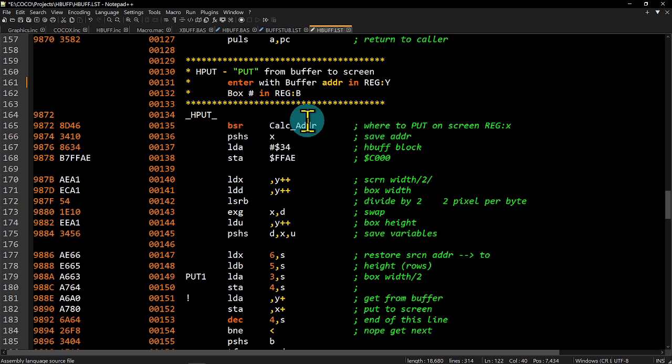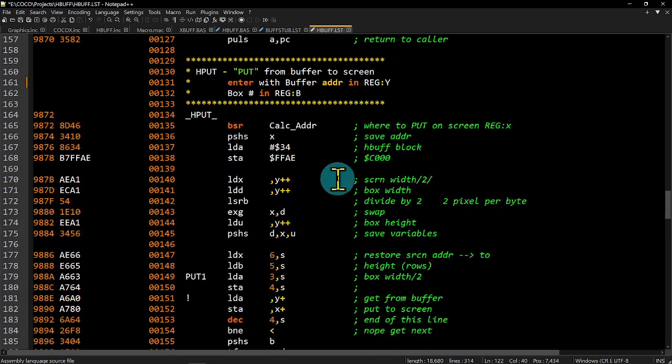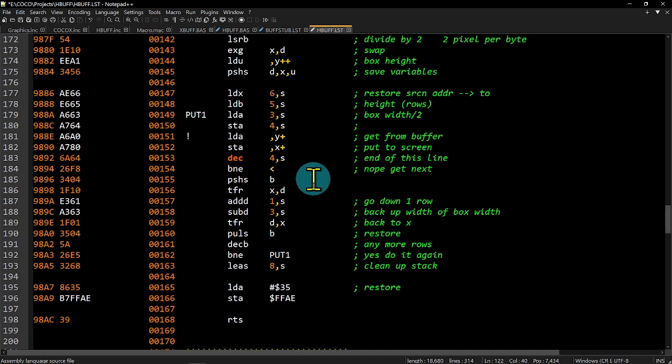Same thing as the other one. Get a box number, go calculate the address. We just talked about that. To calculate the address, bring back in our block 34 and pull all that stuff we put on originally, the screen width, the box width, the height, and all the variables, and push them on the stack, and then go through I equals 0 to 7, j equals 0 to 7, and go through the loop and put it all